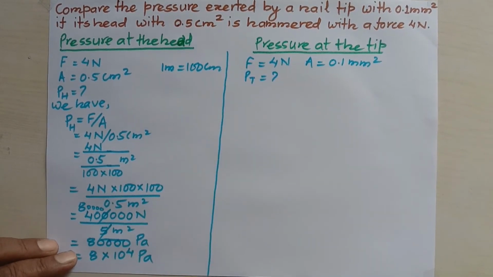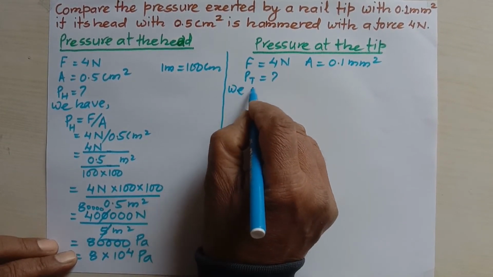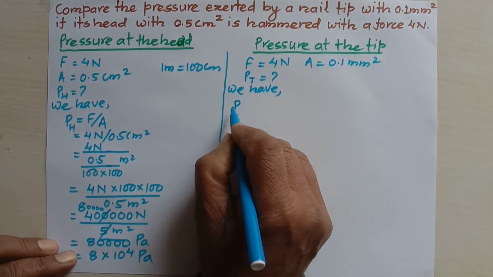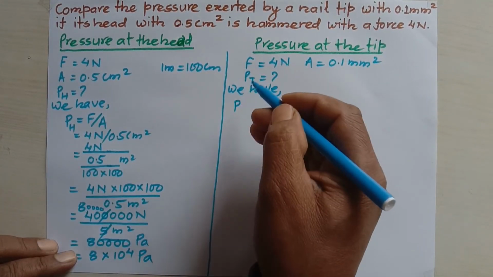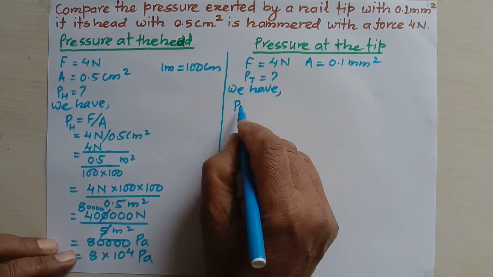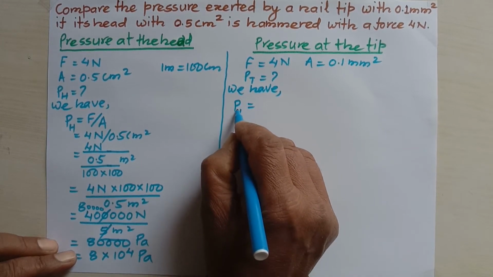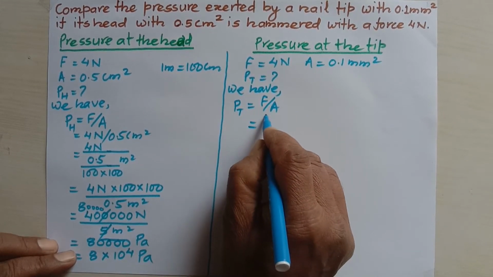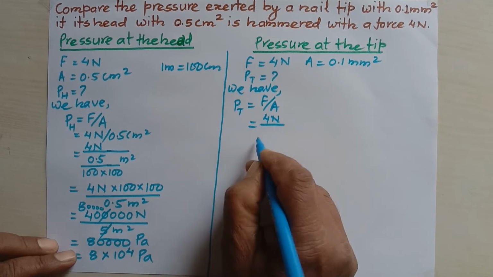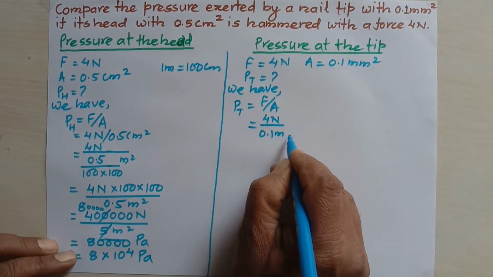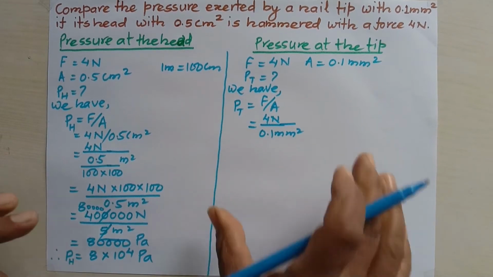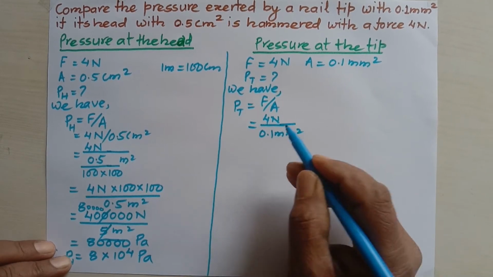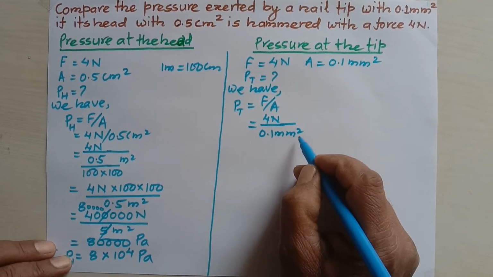Now we can see we have the same formula, whether it is at the tip or at the head. The pressure is equal to force by area. Pressure at the tip is equal to force by area. Now this is equal to, force remains the same, 4 Newton, but the area is 0.1 millimeter square. At this point, I again want to mention that Newton per square meter becomes Pascal. We are going to express pressure in Pascal,